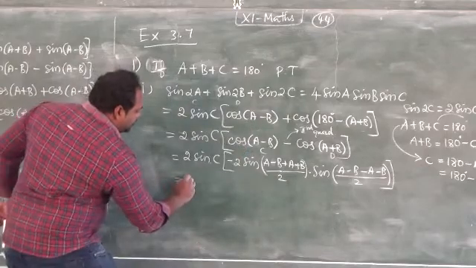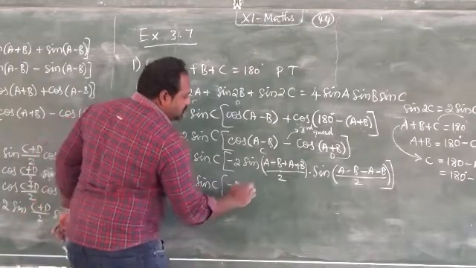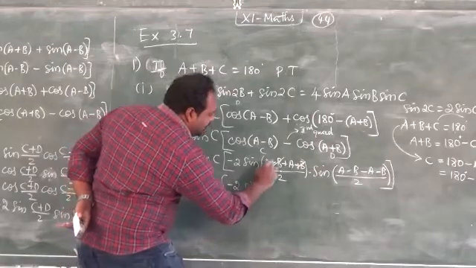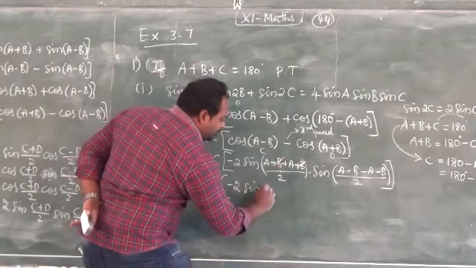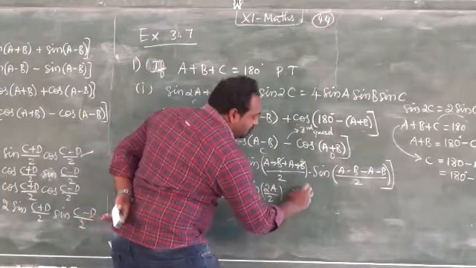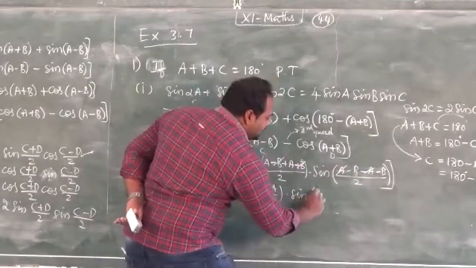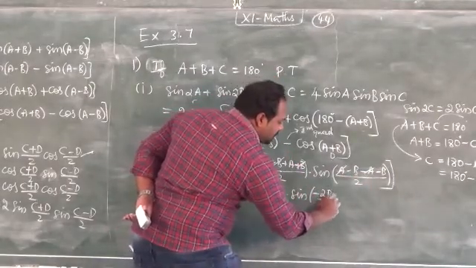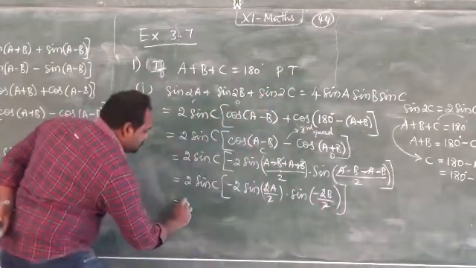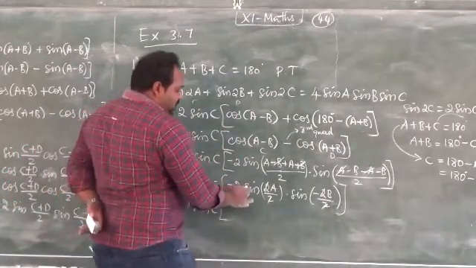So here 2 sin C minus 2 into, here we have some cancellation, sin A plus A, 2A by 2, into sin of, here we have cancellation, plus A minus A will be cancelled, minus B minus minus 2B by 2. So if you cancel this 2, you are getting 2 sin C minus 2 into